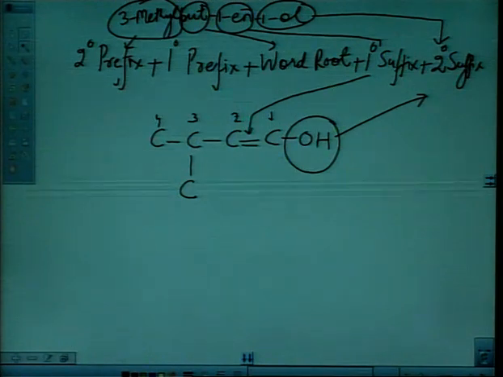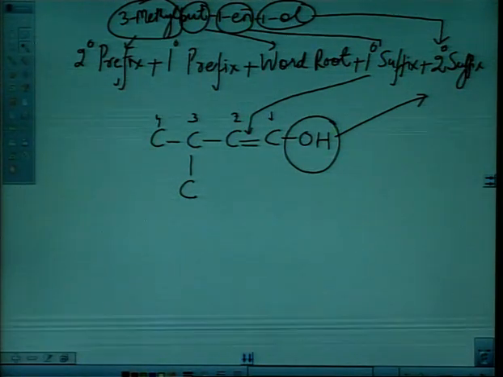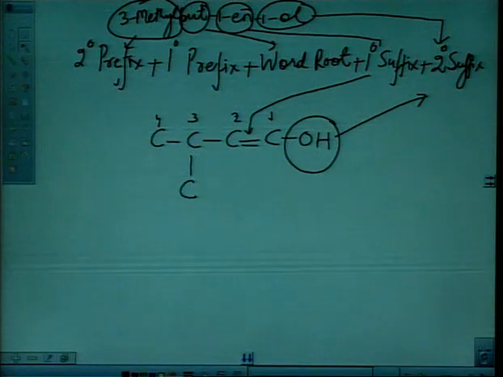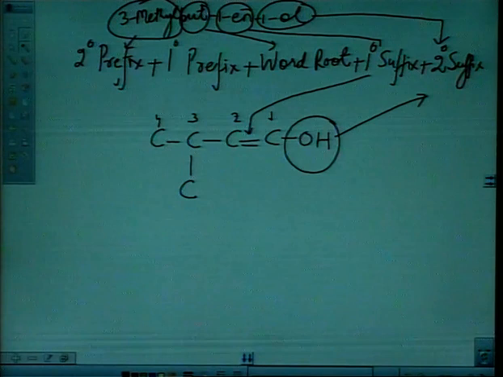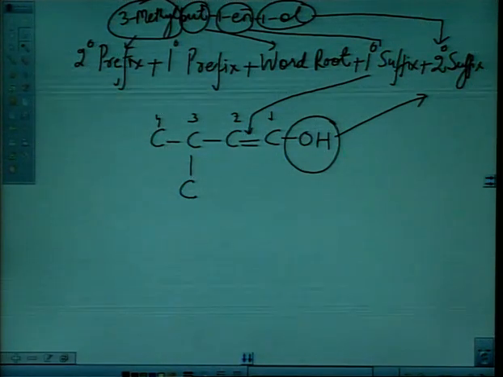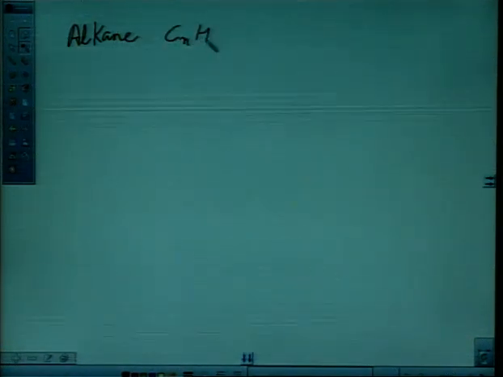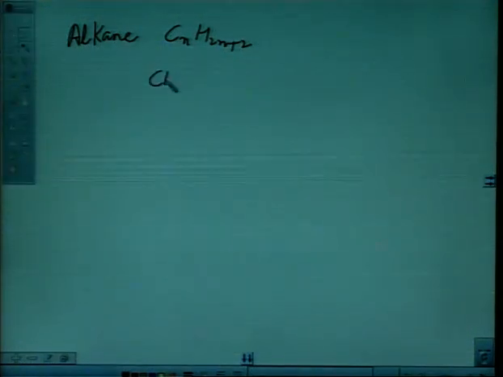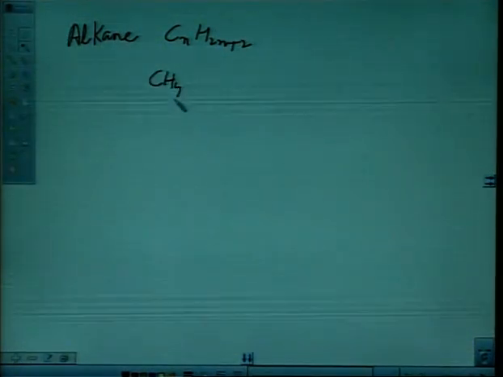So word root, prefix, word root. The primary prefix is cyclo. If the compound is cyclic in nature, then the primary prefix is attached. Okay. So next is naming according to their families. For alkane, the general formula is CnH2n+2. There are single bonds. So the first member is CH4 and the common name is